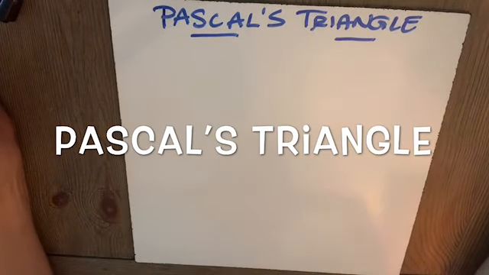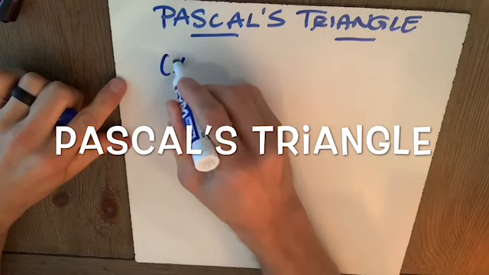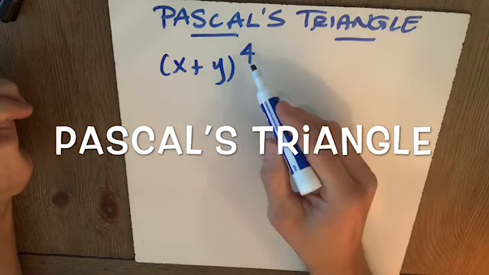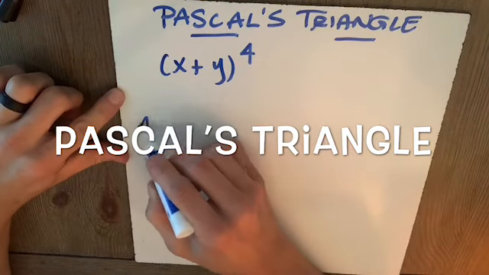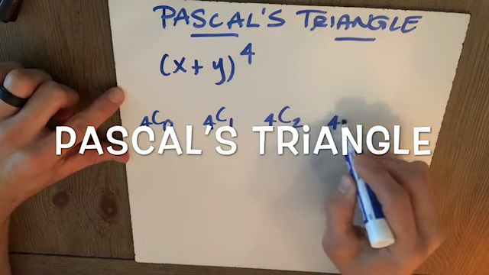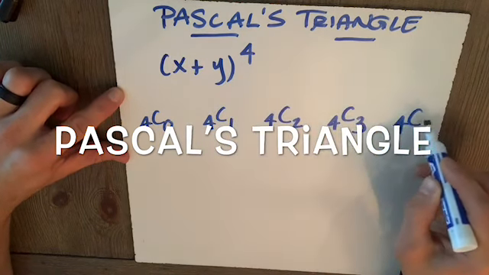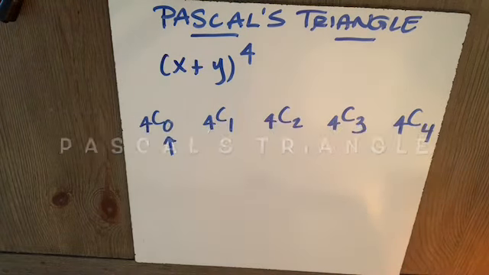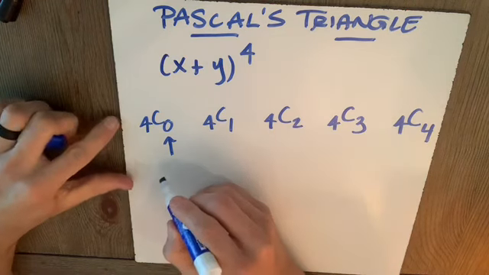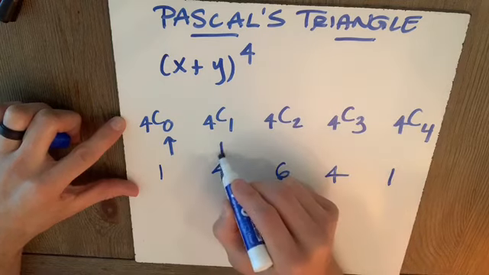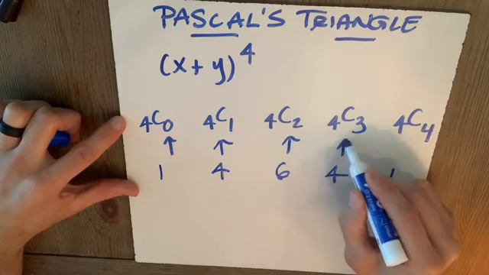We've seen that you can get the binomial coefficients for something like x plus y to the fourth power. We know n is 4, and so we said 4C0, 4C1, 4C2, 4C3, 4C4. Critical to start with r of nCr equal to 0. And when we did this, we got 1, 4, 6, 4, 1 for each of these, and they became the